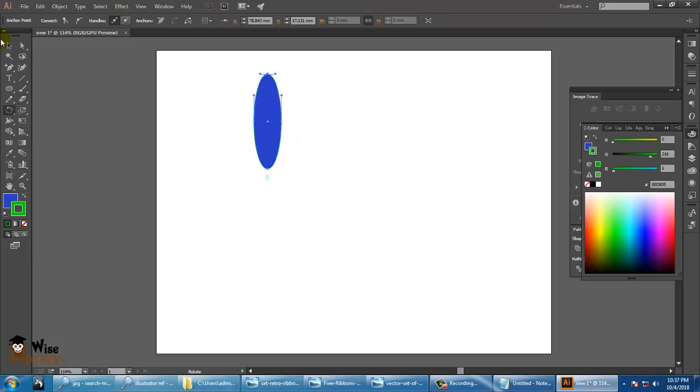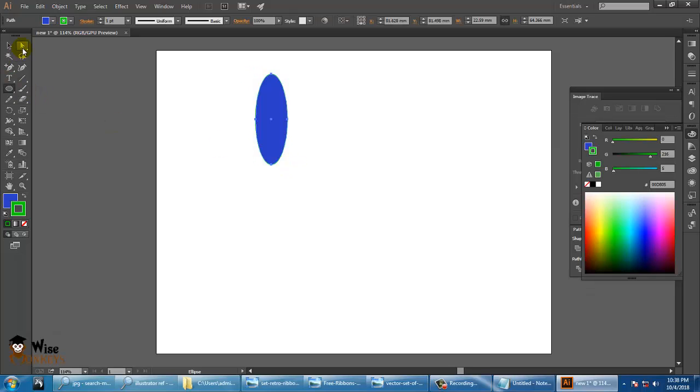I'll repeat again. Take a ellipse tool, go to this direct selection tool, select the top anchor point, make it sharp. Now we'll take a rotate tool to rotate it right from the center over here. Just click over here, press Alt, take a rotate, keep it over here, press Alt, and you can rotate it to the degrees as it is shown. So let's take it as a 30 degree over here,